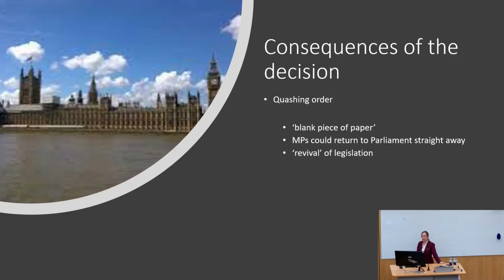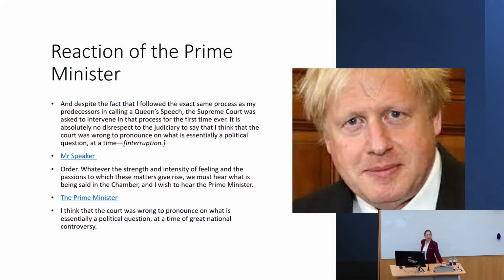No special measures needed. Just off you go. You're allowed to sit. Off you go. Parliament never was suspended. So go back in and start enacting those laws. All those pieces of legislation that we thought had stopped have come back. Because you never prorogued. It never happened. As far as the law is concerned, this never took place. You've got to put yourself back in the situation as if it never took place. So that had huge political consequences. So though the decision was all about the law, the consequences were huge in political terms. And let's just say, not everybody was happy about this.